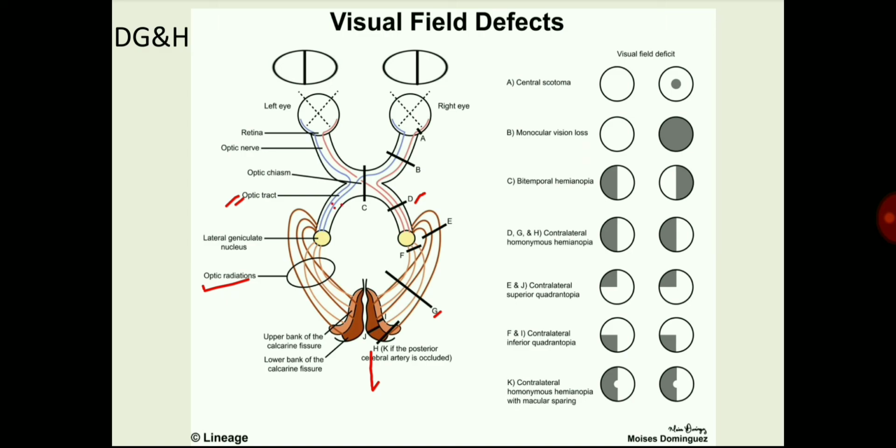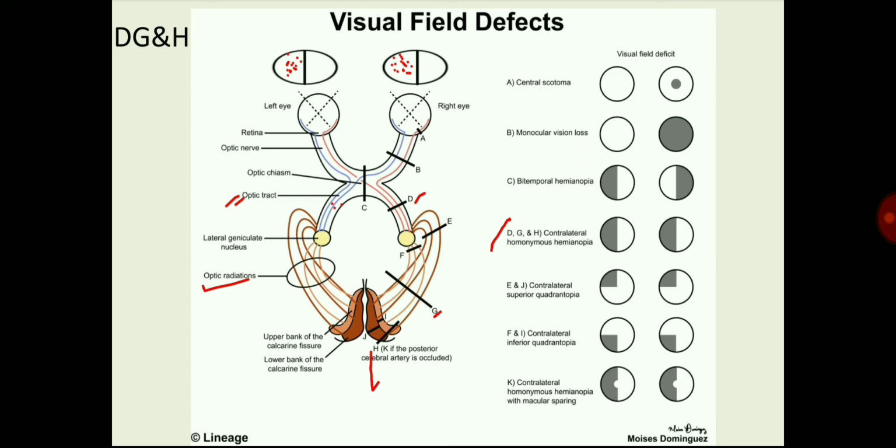that is, the temporal fiber of the same side and the nasal fiber of the opposite side. So the loss of vision will be just the reverse, that is, loss of vision of the temporal half of the opposite side and the nasal half of the same side. So this condition is described as a contralateral homonymous hemianopia, as the opposite half of the visual field is affected. It is contralateral, but it is homonymous because the left half of the left eye is affected, and also the left half of the right eye is affected. So it is homonymous.